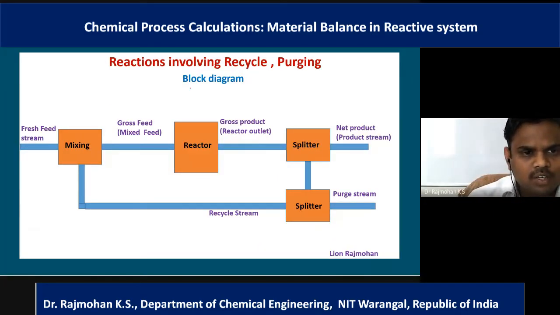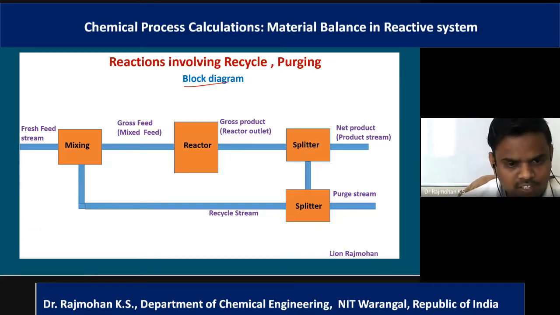Now you can see here, this is the block diagram which I have made for our ready reference. So if you have a reactor where the reaction is taking place, we have a fresh feed stream. It will contain the reactant. Fresh feed stream is the fresh rate at which the feed is entering the system, and we have a recycle stream. The fresh feed and the recycle stream will be mixed together. This is not a big vessel. It may be simply done in a mixing pipe itself, right? I am representing it as a separate unit operation for understanding. So this is getting mixed, and we have a gross feed or mixed feed which is entering the reactor, and we have the product formation.